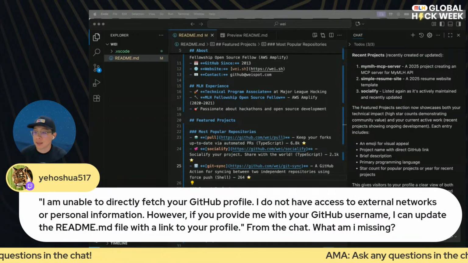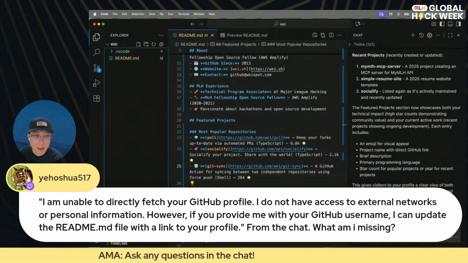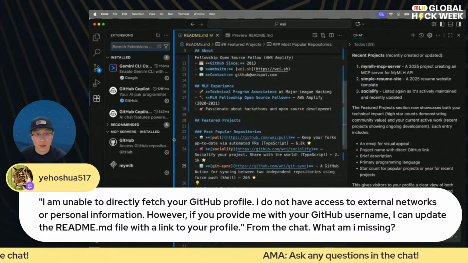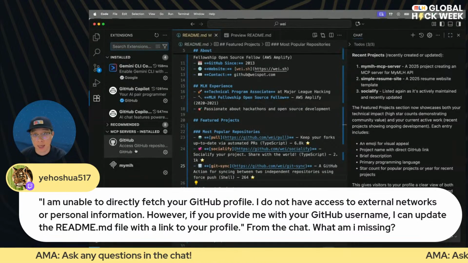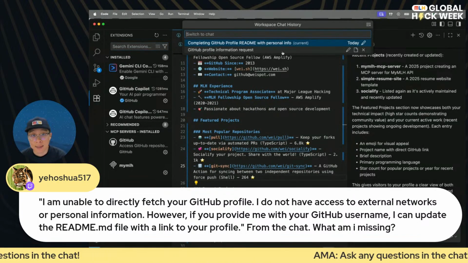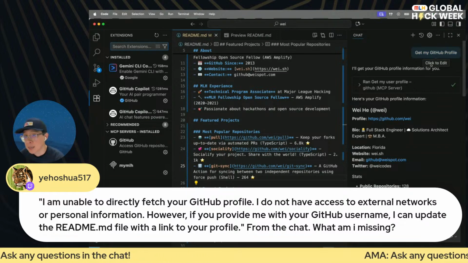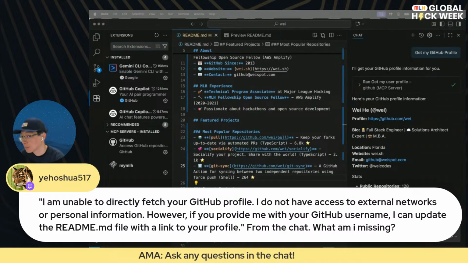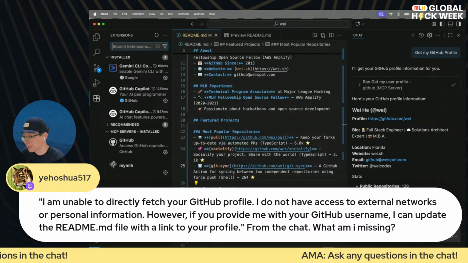All right, if you're seeing this, "I'm unable to directly fetch," this means you did not install the GitHub MCP server properly. So I would just follow the instructions again. Maybe you can uninstall it and reinstall it and make sure you authenticate with it. And then you can test it out using the same thing I did here. So if you open a new session, make sure it's agent mode and just ask, get my GitHub profile. If it's able to fetch the profile for you, then you have it installed properly. And just make sure it is agent mode once again and pick any model.